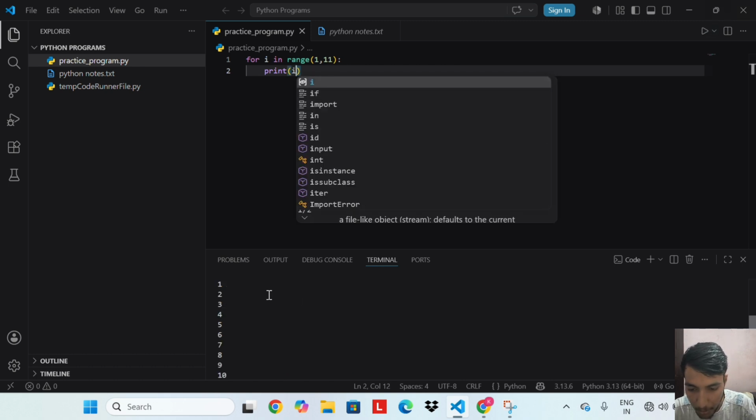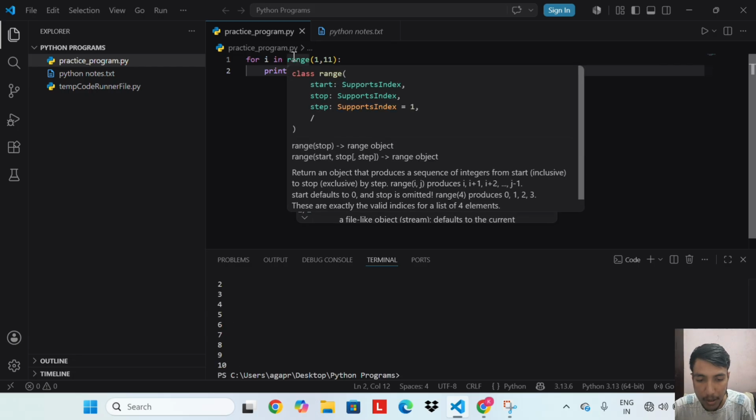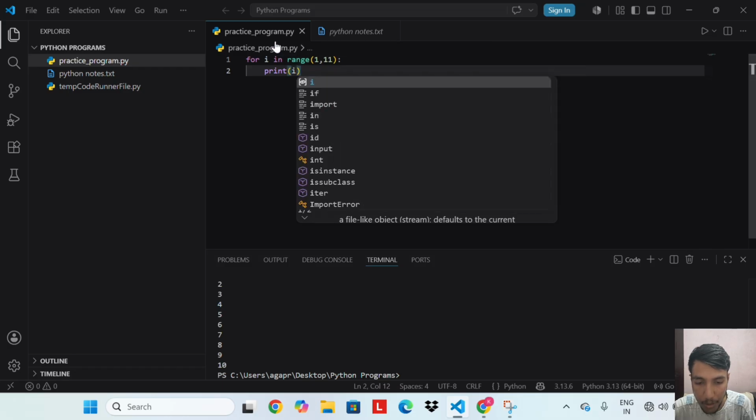We get output 1, 2, 3, 4 to 10. range(1, 11) starts at 1 and stops before 11. So we get 1 to 10. The loop prints each number one by one. Simple and straightforward. Notice we use range(1, 11) and not range(1, 10) because range stops before the second value. So to include 10 we must write 11.